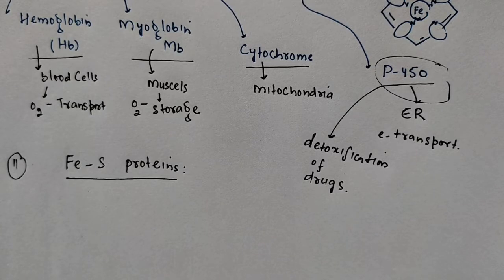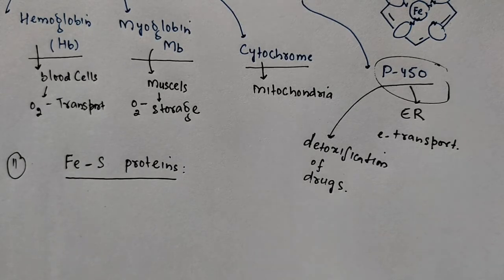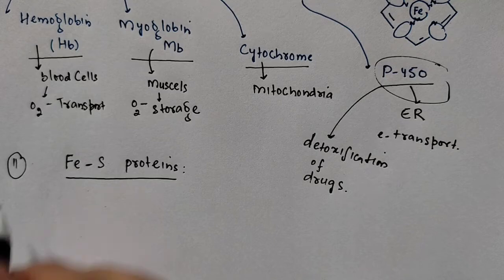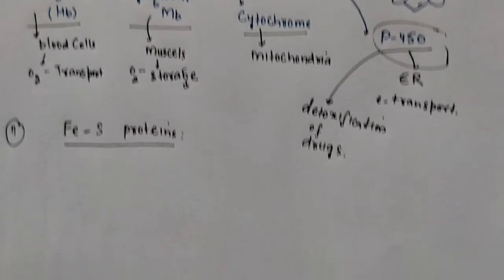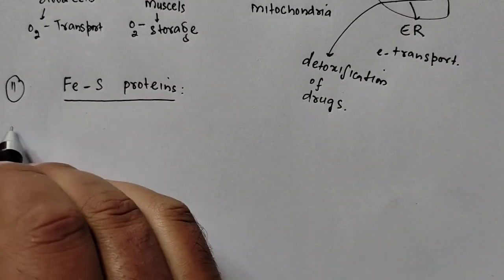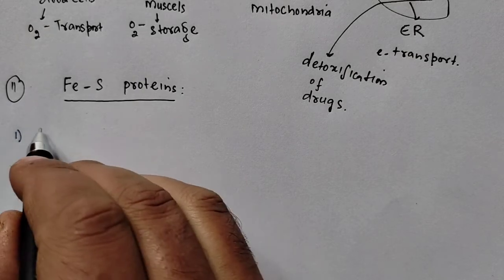That will be tough to remember. Question जहाँ से आता है, straightforward, I am going in that direction. So iron sulfur proteins की अगर हम बात करेंगे, then we have one protein, that is your